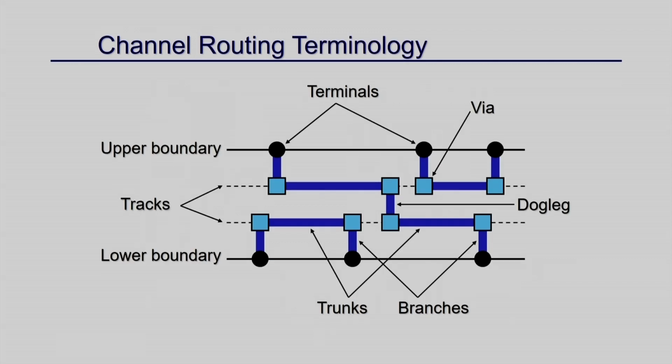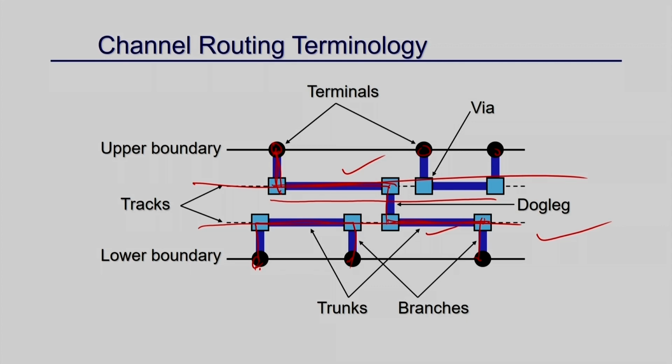Okay. So once this channel, there is some other terminology, right. Now I know the terminals on each side, and I have to make the connection. These are tracks, so your objective is to reduce the number of tracks. Suppose for example you can make the connection only through one track, or maybe for one connection you may need 2 tracks. This is one track, this is one track. That is what is called a dog leg. You cannot go through this, because there will be overlapping in the track, which is not allowed. So you have to break the whole interconnection into 2 parts. This is one part and this is one part, through which you make this dog leg connection. You break the whole connection into 2 tracks.